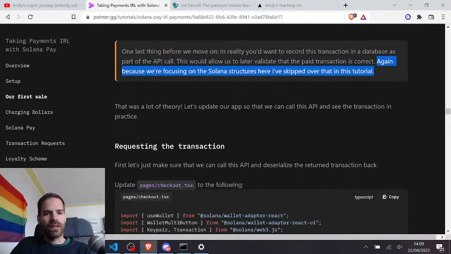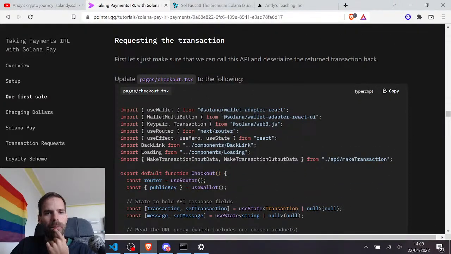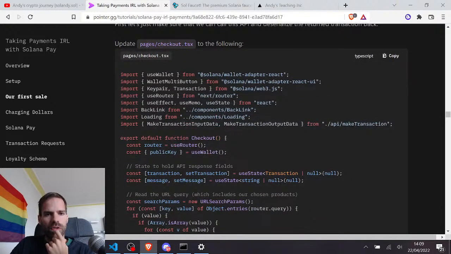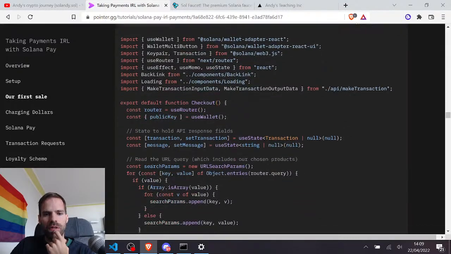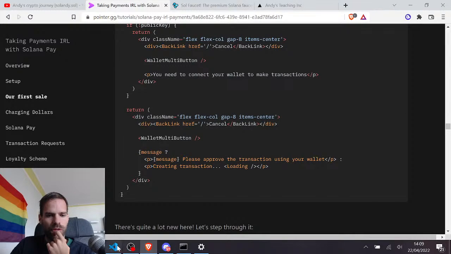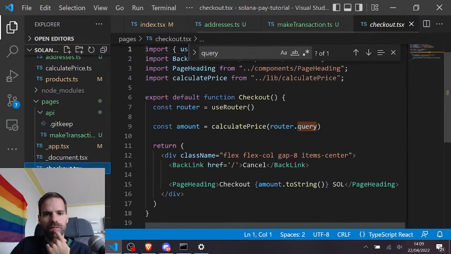Okay. That was a lot of theory. Let's update our app so that we can call this API and see the transaction in practice. Okay. So requesting that transaction can deserialize the return transaction. So in our checkout, we want to now do the following. Yes, that's just a little bit of code. Easy, easy. In our checkout, which currently